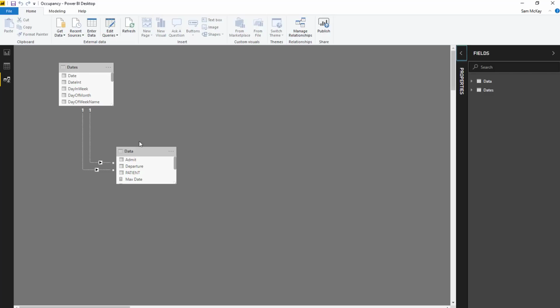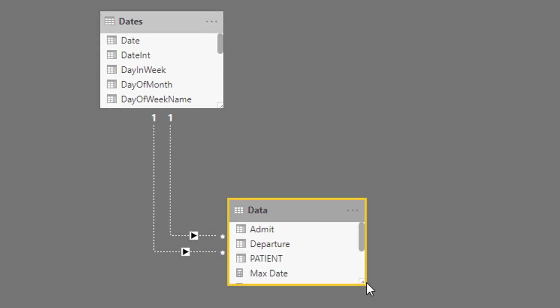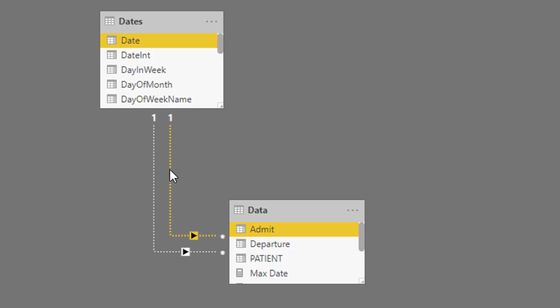Now I have created these inactive relationships, and this is the key, right? When you are working with any situation where we have multiple dates in your fact table, you always want to have your date table here that doesn't change at all, but you want these inactive relationships so that you can work some logic through this table, but also bring in some context from the dates table. You're going to see that in theory, for this one answer, we don't even need these relationships, but